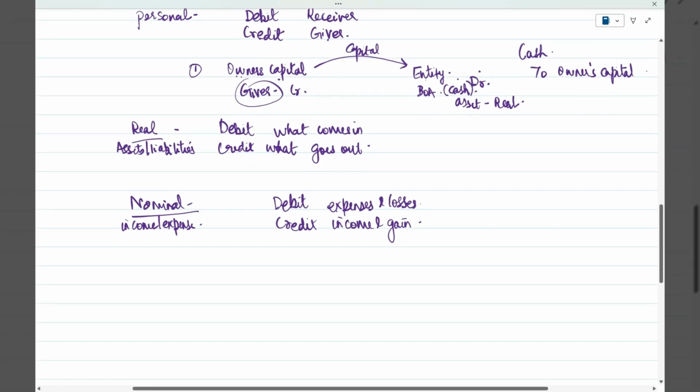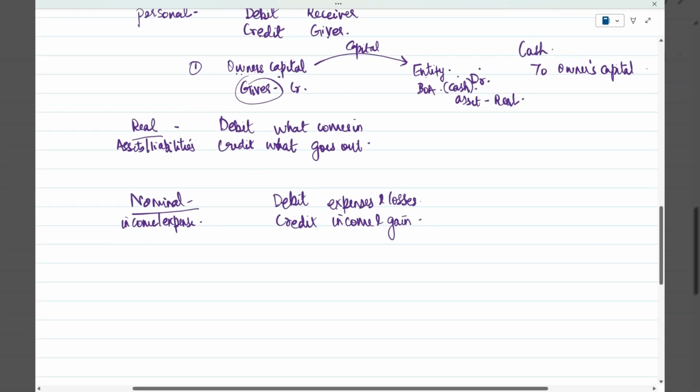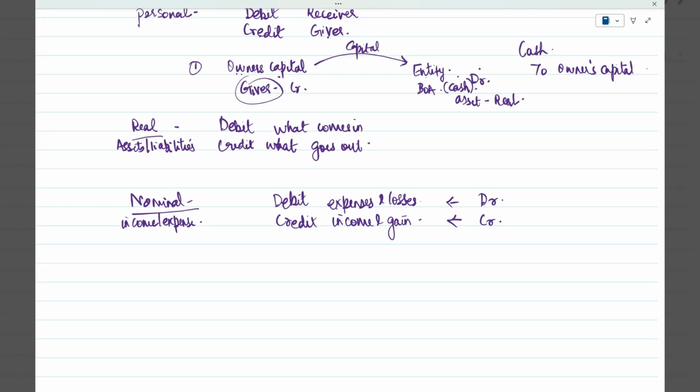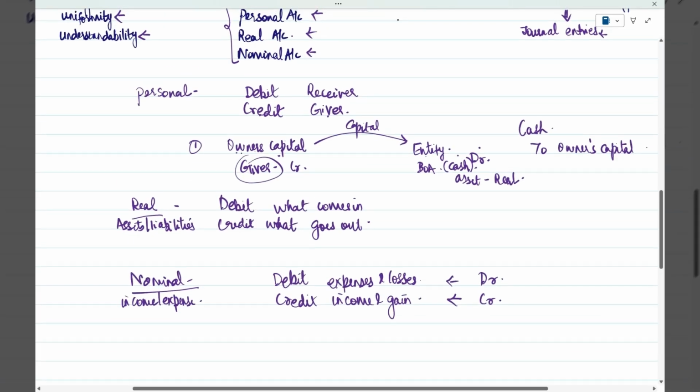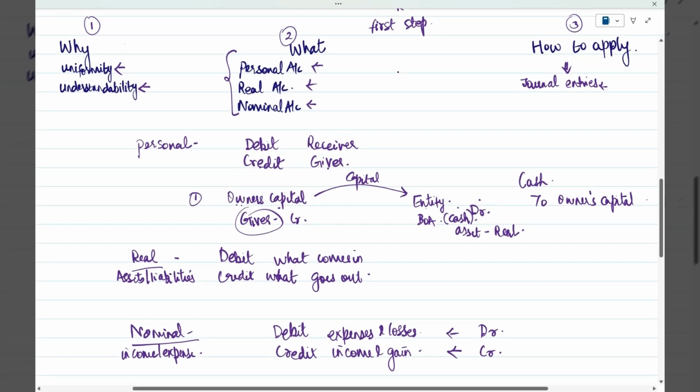So whenever there is any income, or when you are selling an asset and you incur a profit or gain on the sale of the asset, all those would be credited. And whenever there is an expense, like payment of salaries, payment of wages, or any admin-related, sales-related or marketing-related expenses, it would be debited. Because it is an income or expense, that means it is nominal in nature, and you apply this particular rule. So these are, in brief, the golden rules of accounting.